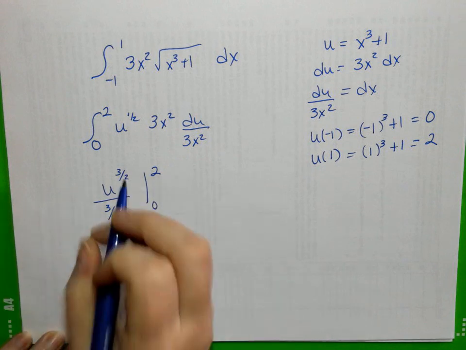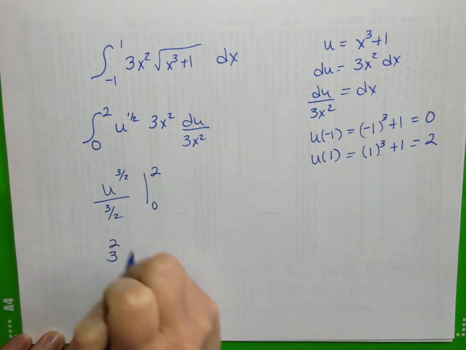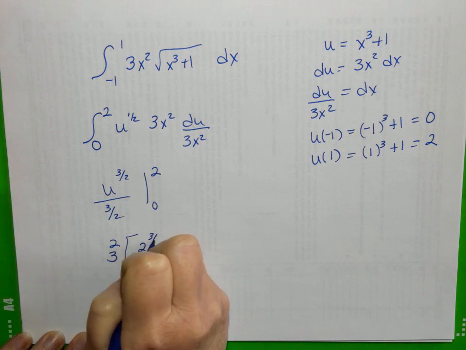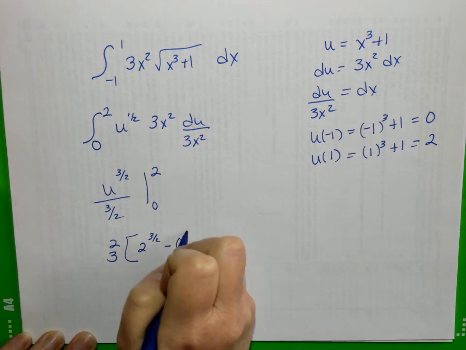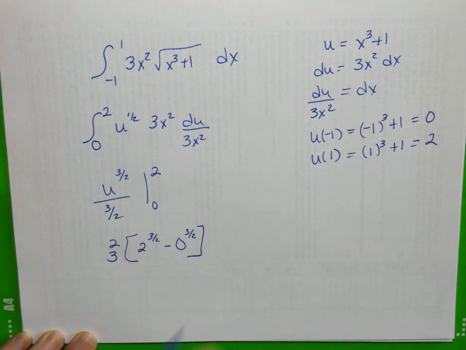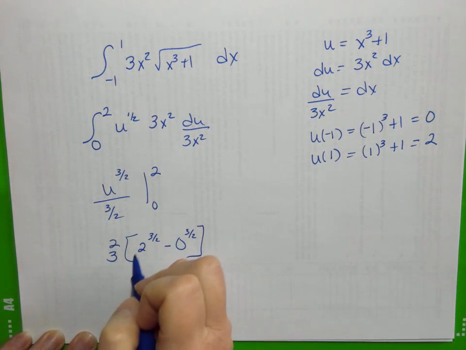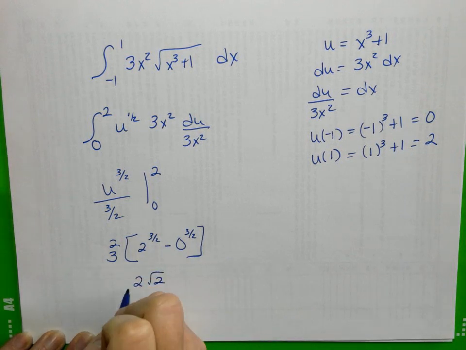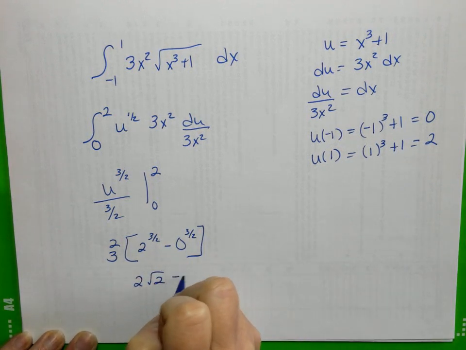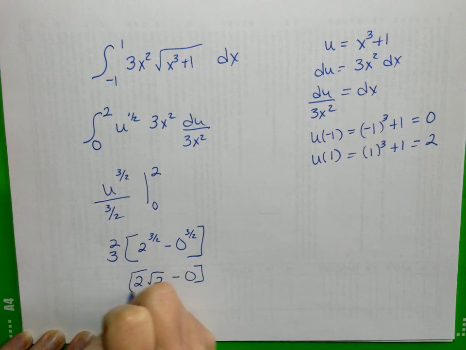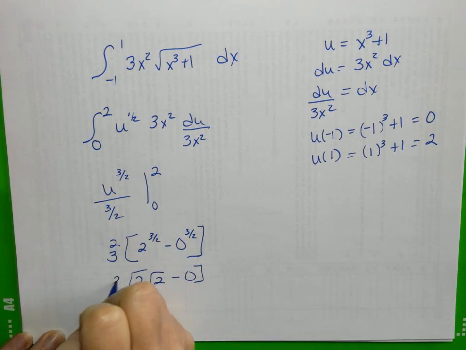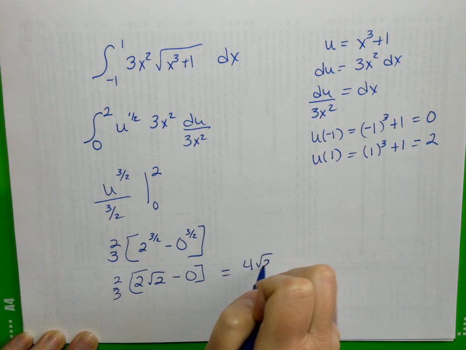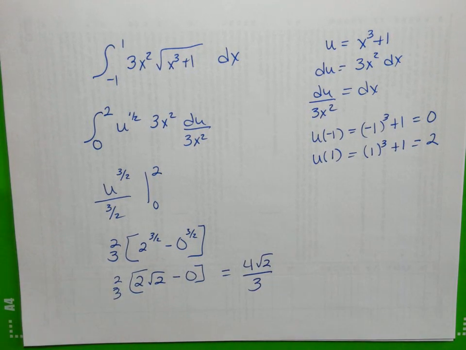That 3/2 becomes 2/3 times 2 to the 3/2 minus 0 to the 3/2, remembering our fundamental theorem. 2 to the 3/2 is 2 square root of 2. 0 to the 3/2 is still 0. And we have 2/3 in front of it, so we end up with 4 square root of 2 over 3,